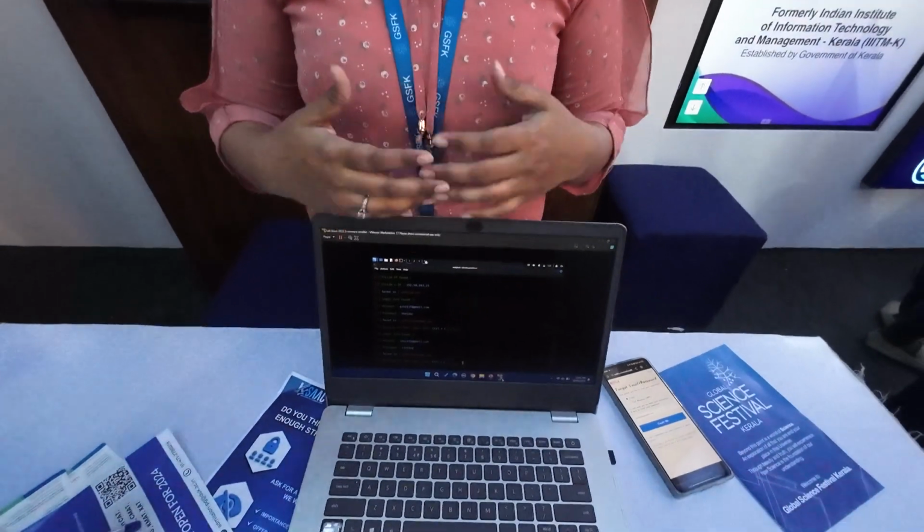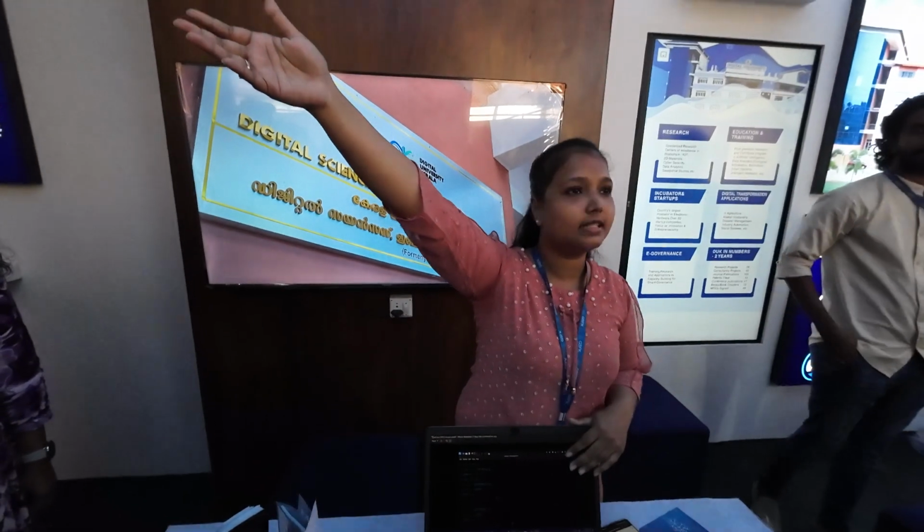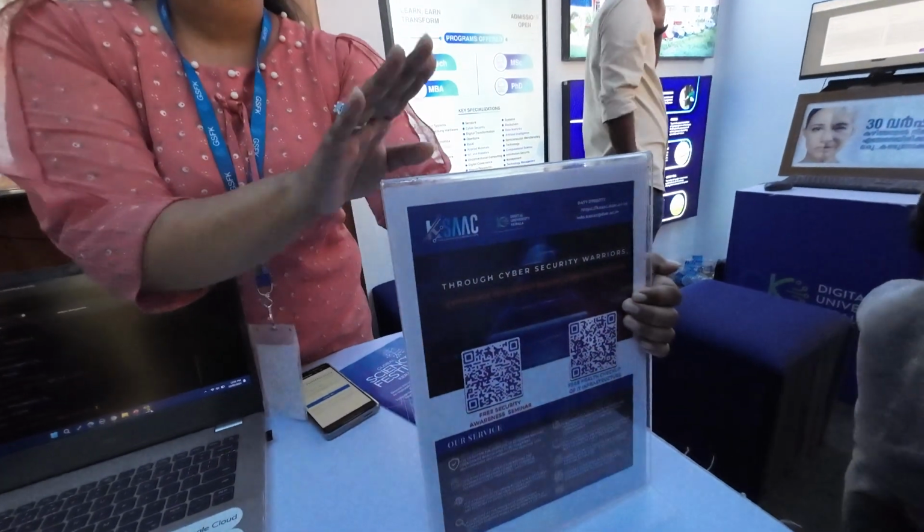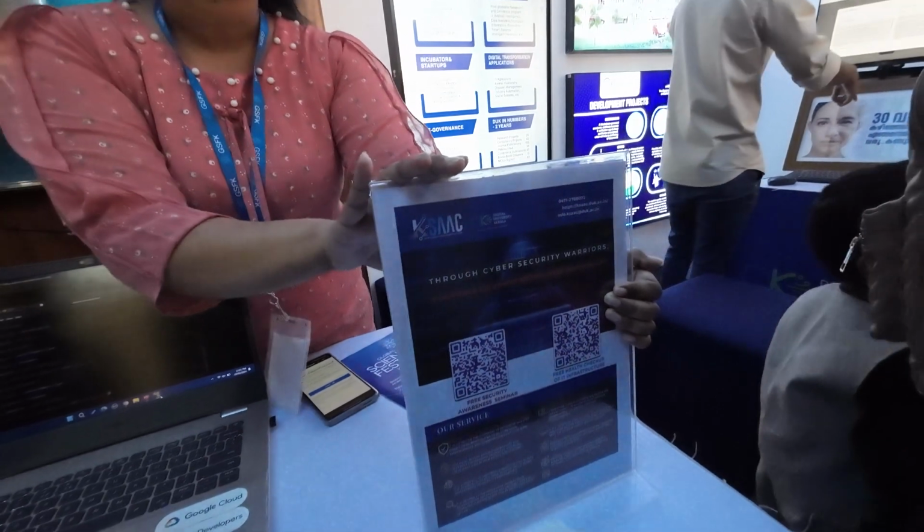So for these small attacks, they are not putting that much effort into it. That's why, as cybersecurity students, we are providing this kind of awareness. And if you want to learn about Wi-Fi hacking or something, one of my friends is sitting over there. He will tell you how Wi-Fi hacking happens. Apart from this, we are providing some free seminars and free IT infrastructure. So this is our KSAT team, which is doing security auditing.